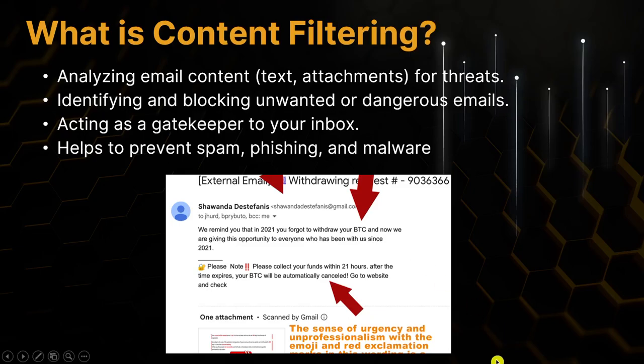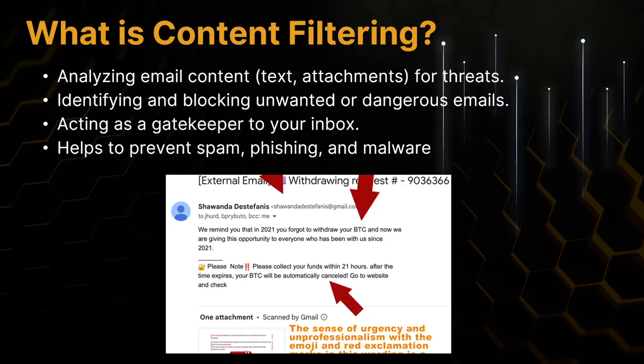You can see this is one example email, and you can see there are several pieces of content in this email. You can see Bitcoin transactions, so this is a kind of spam email. For example, if you want to block this kind of email, we can add some keywords. For example, if we add Bitcoin or BTC and set up a block rule in an email security gateway, that means the content block rule, then if the email is received by the email security gateway, it will immediately be blocked. Likewise, you can add content filtering based on any text found in the email body,